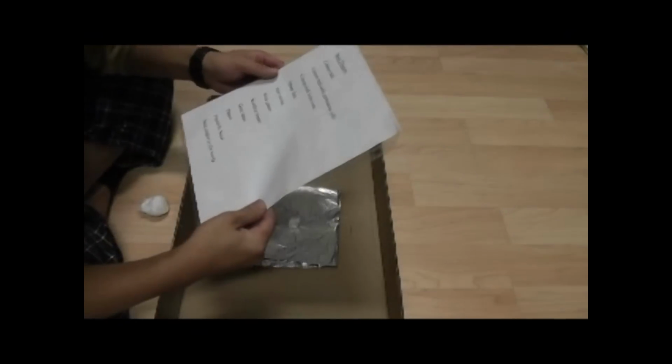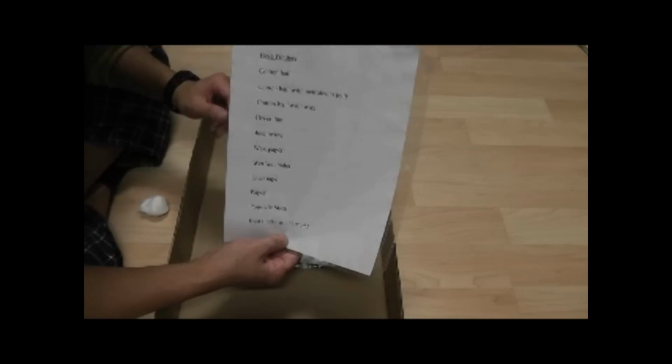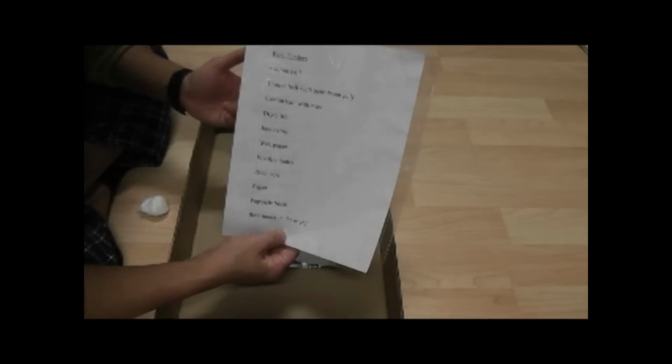Alright, today I wanted to talk about tinders. The best tinders, according to me anyway, that you can just find around the household. I'm sure there's some things that I didn't have on the list, but this is what I've used and I